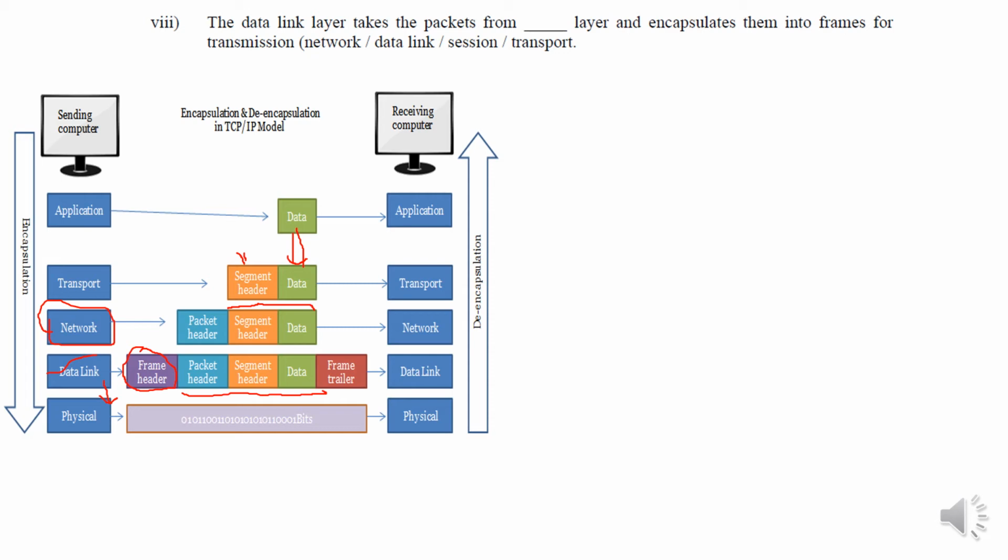The network layer again adds its header, called the packet header. So the transport layer adds the segment header, the network layer adds the packet header, and the segment header is also present. Now the data link layer will also add the frame header. So when it reaches the physical layer, all these are overhead. This will be used when we de-encapsulate the data, the opposite process, because this frame header is added by the data link layer, this packet header is there, segment header is there, this frame trailer.